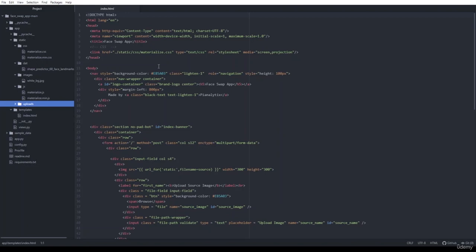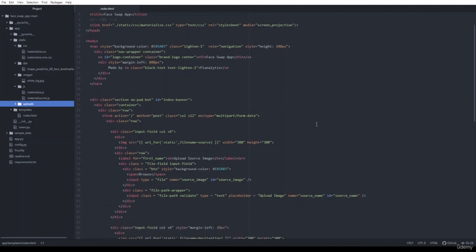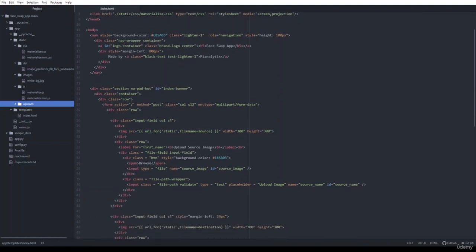So let's get back to this index.html file and let me show you how I designed it. Initially I made a container which will show Face Swap App, made by PyAnalytics. This is our first division. After this division, I have created two containers which will upload the source image.